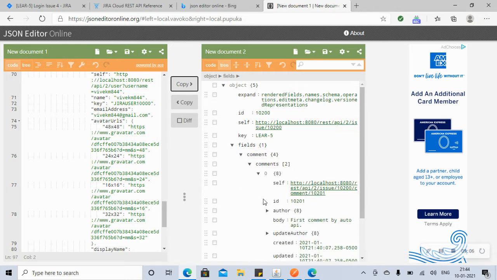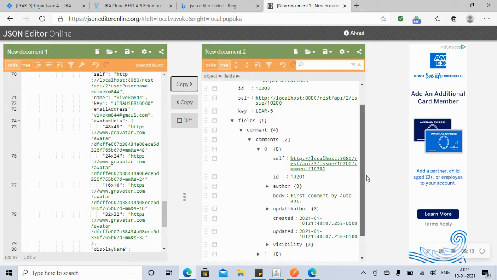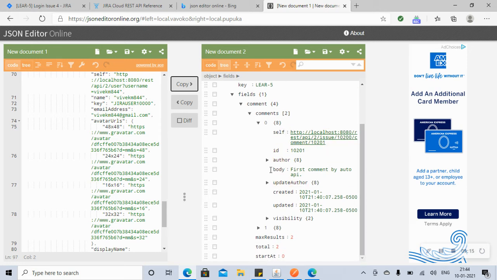Okay, so we are just going to automate this process. How we can get the issue, and then verify whatever comments we added. There are lots of comments, like 1 comment, 2 comments, there can be 100 comments. We will verify that the comment that we added is there. So that we have to do now using our Eclipse. Let's see how we can do that.